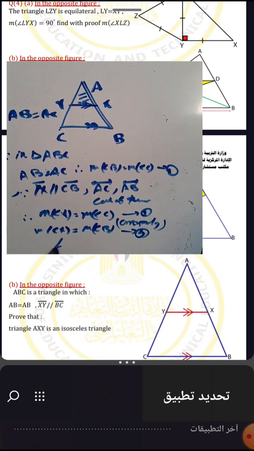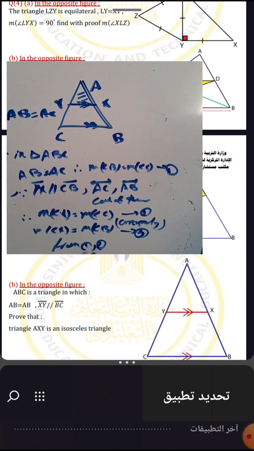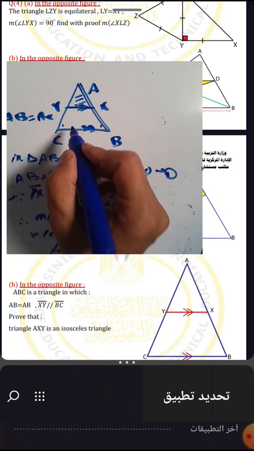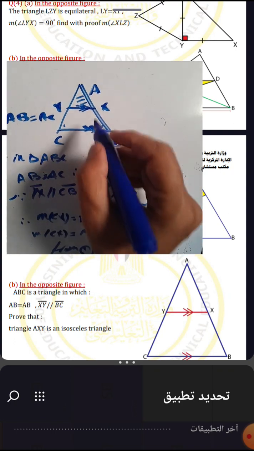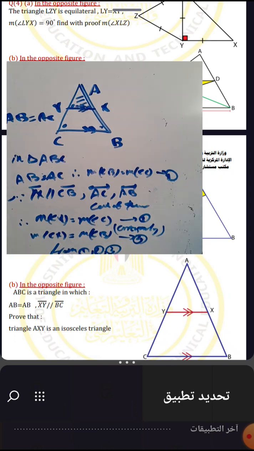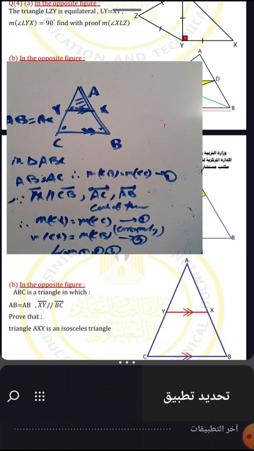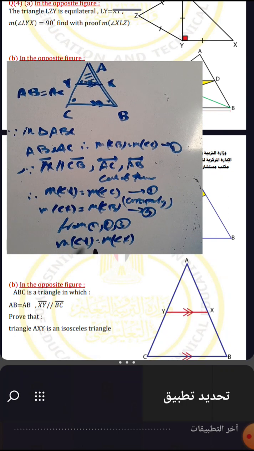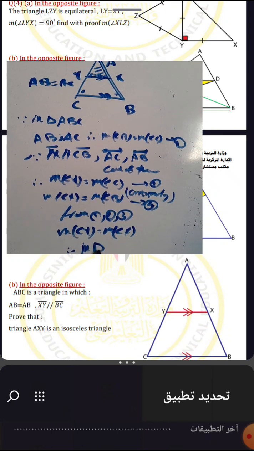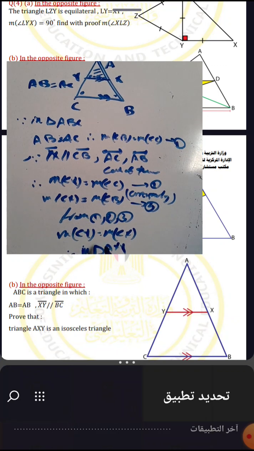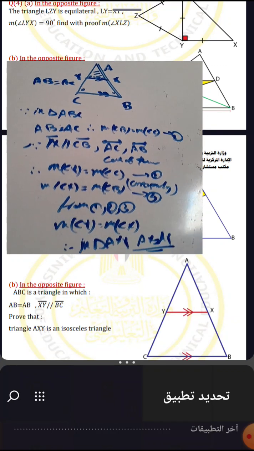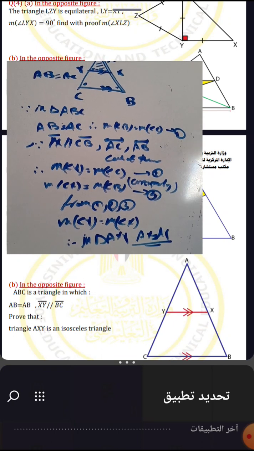From 1 and 2 and 3 we have this angle equal this angle, C equals B, and we know C equals Y and B equals X, then Y equals X, the measure of angle Y equals the measure of angle X. Okay, then in triangle AXY we can prove that AX will be equal to AY. There is equality AX equals AY. Last question. Okay,